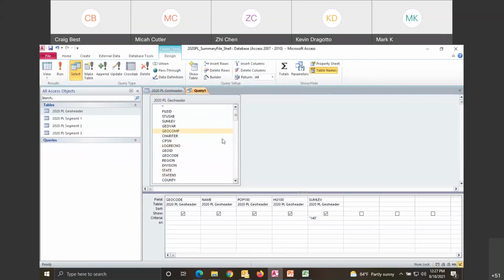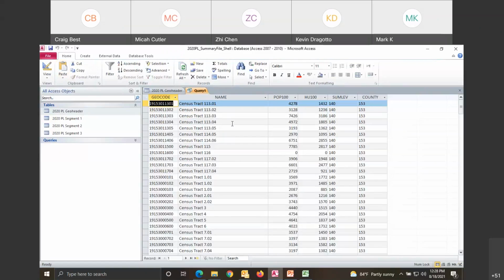You bet you we can. Here's a county field. Now this county field is the FIPS county codes for your particular counties. So hopefully you all know that. I'll just pick 153, which is Polk County, and click on run. Okay, now I've pared my census tract data set down to 112 records, which comprise the 112 census tracts within Polk County.